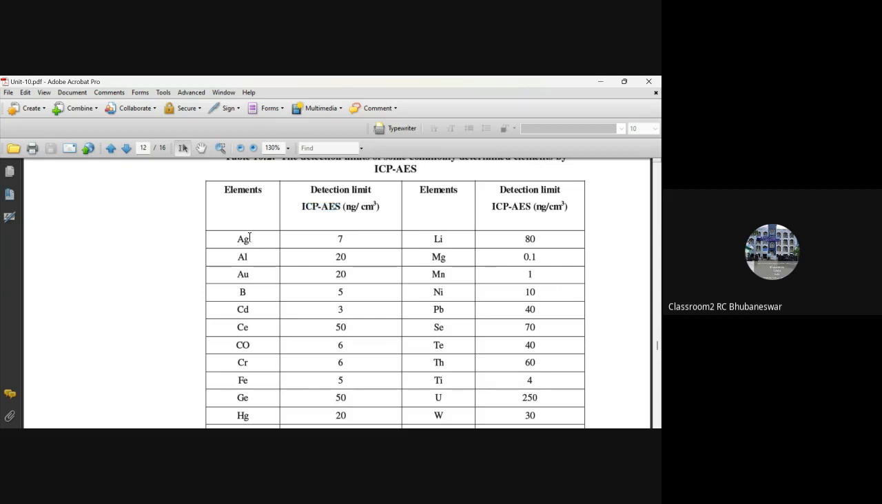Because for studying a single element, you have to do a lot of things. Sample preparation, then monochromator things, everything you have to take care of. Very carefully you have to do, because these things you are going to study for health science purpose also, environmental science purpose also. So you have to very carefully manage everything. Okay. So coming to the next unit,